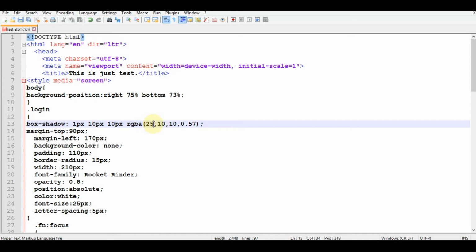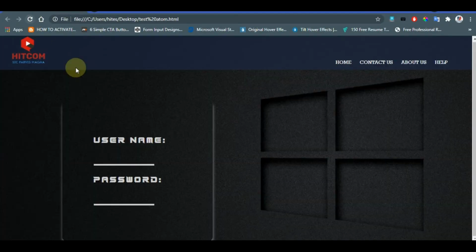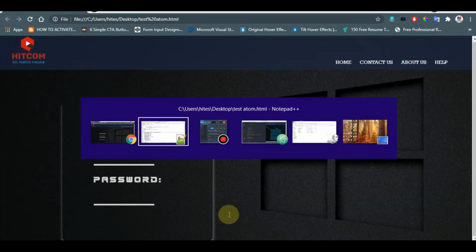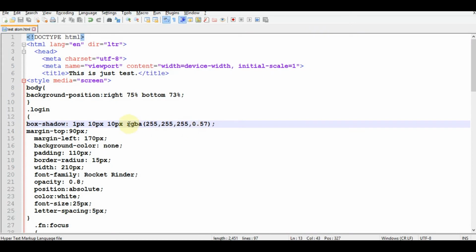Suppose I apply 255, 255, 255; that will be white. The color codes extend to 255, so I have applied the maximum, and you will see the shadow is white, because an RGB value of 255 is white and an RGB value of 0 is black. So you can apply different colors here as you wish.